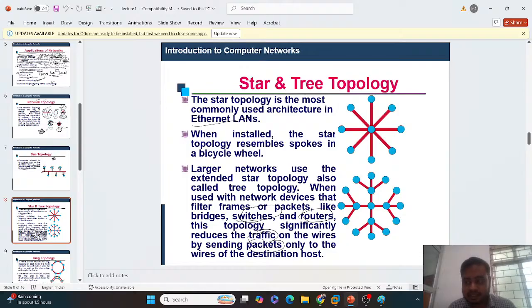So for now, as we are discussing only the definitions, okay, क्योंकि ये चीज़ हम लोग आगे पढ़ेंगे। इथरनेट लैन्स हो गया, स्विचेस, राउटर्स, नेट ट्रैफिक पैकेट्स, ये हम लोग पढ़ेंगे बाद में। ये सब टर्म्स आप लोग पहले समझ लो। पहले हम लोग डेफिनेशन में चलेंगे क्योंकि डेफिनेशन हम लोग अभी डिस्कस करेंगे, फिर हम लोग डिटेल में चलेंगे सारी चीज़, राइट। तो स्टार टोपोलॉजी क्या है कि द स्टार टोपोलॉजी इज द मोस्ट कॉमनली यूज्ड आर्किटेक्चर इन इथरनेट लैन्स। तो हम लोग जो इथरनेट लैन यूज करते हैं उस सारी चीज़ में ये कॉमन है, कौन सा, स्टार टोपोलॉजी। स्टार टोपोलॉजी ये कॉमन चीज़ है, राइट। When installed in the star topology resembles